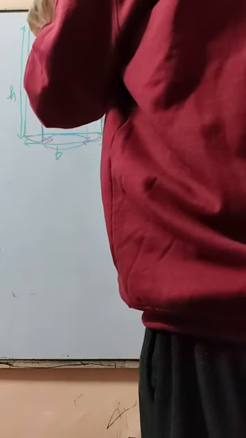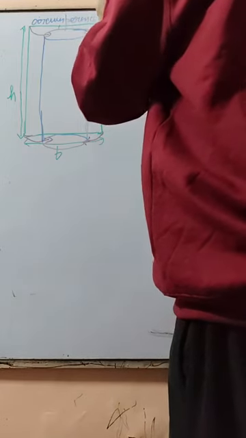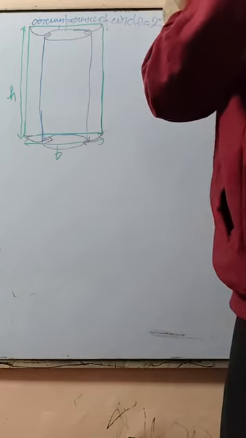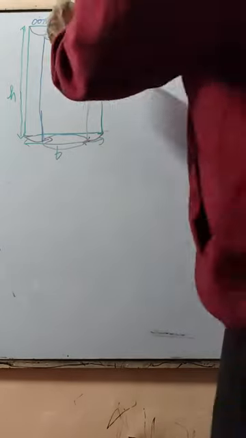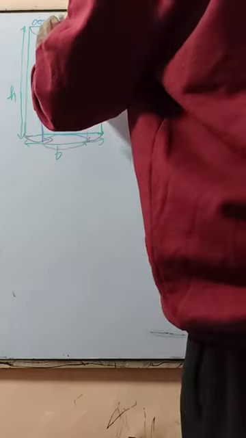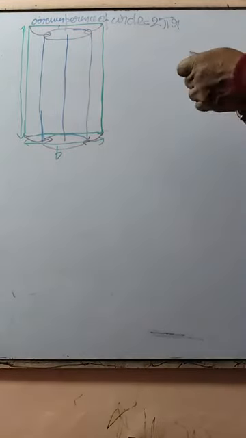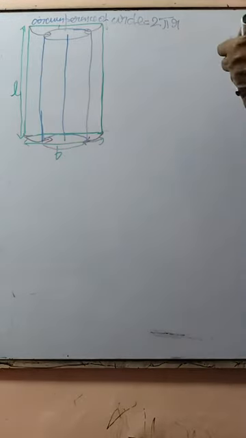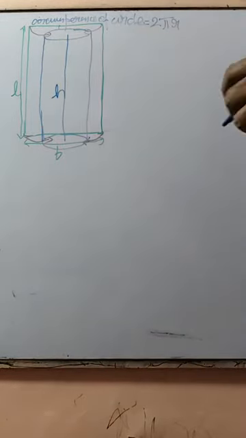So this B turns into, and what is the circumference of a circle? Circumference of circle is equal to 2 pi R. Sorry, 2 pi R. Right? And this height remains the same. So the length, because this is L and B, a rectangular piece, so length into breadth, so this is the length, and what does this length become? It becomes height, right? Yes, sir.